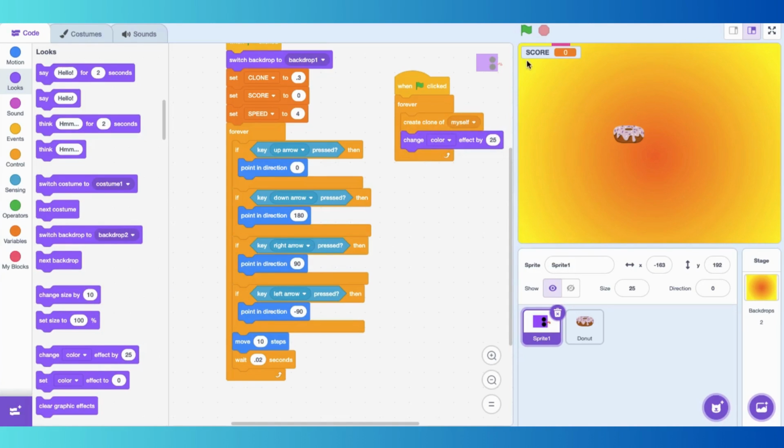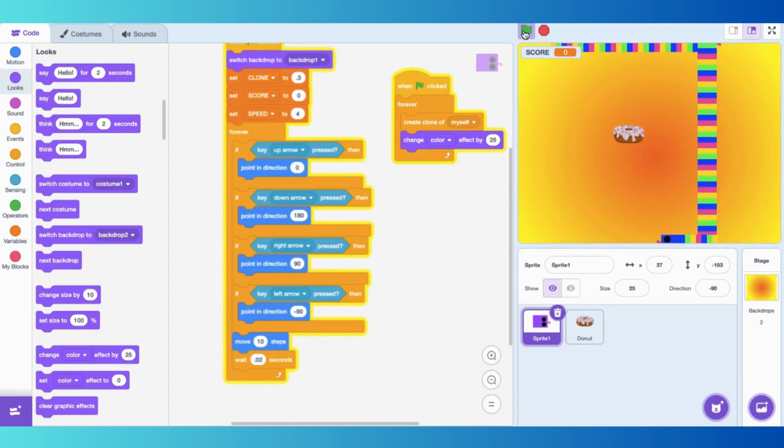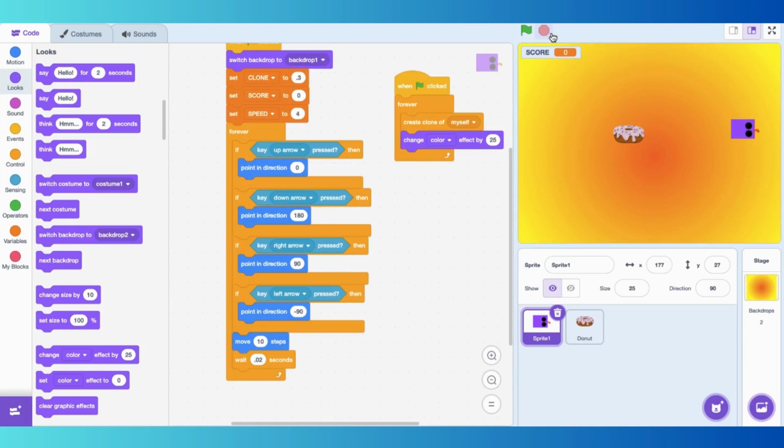Now let's see the final outcome. But as you can see, it is continuing. It is not stopping or cutting from behind like a snake goes. So